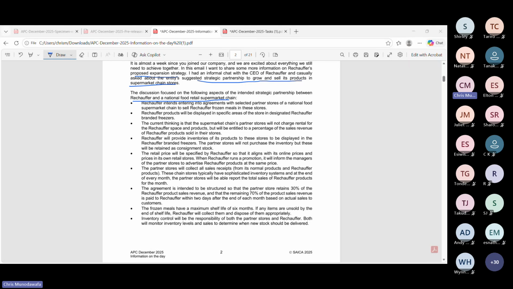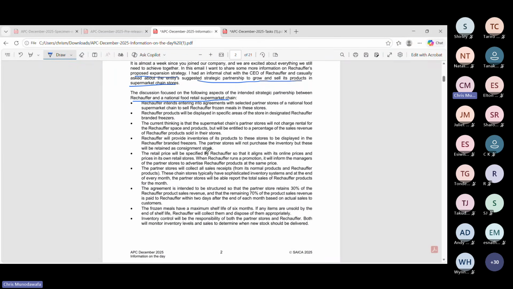The question is, if we are using our own freezers, what are we renting if it's an IFRS 16 issue? If we are now using the freezers of national foods, what is the issue? So there is a difference: it could be a lease of the freezers, or a lease of the space used where we put our own freezers. So I'm not concluding yet, please, not yet.